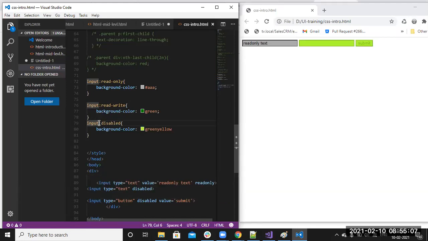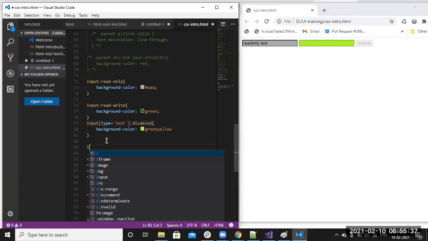If you specify here particularly, if you have specified type equal to text by using the attribute, only for text boxes you want to apply that greenish yellow background color. Here that button I didn't apply it, right? This is default browser behavior. For the default disabled buttons, it will give you this only, even if you are not applying any color. Okay, like this, the read only, read and write, and disabled.